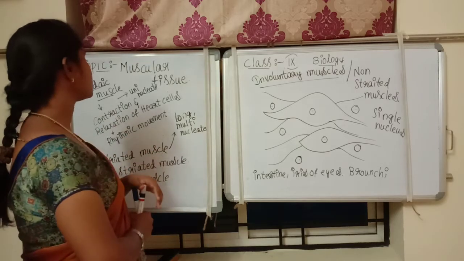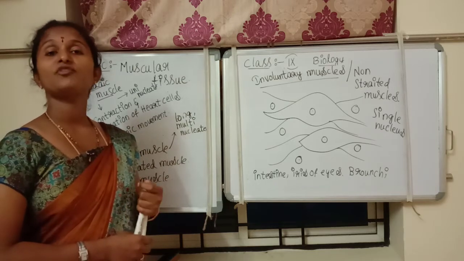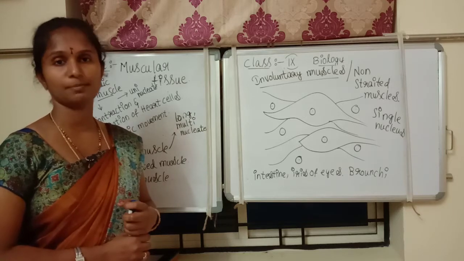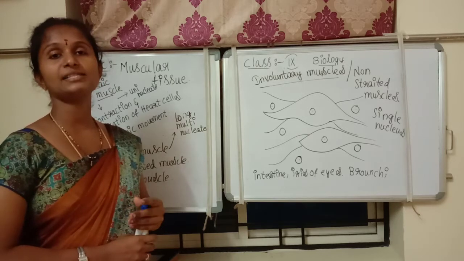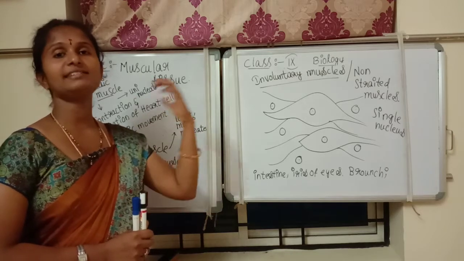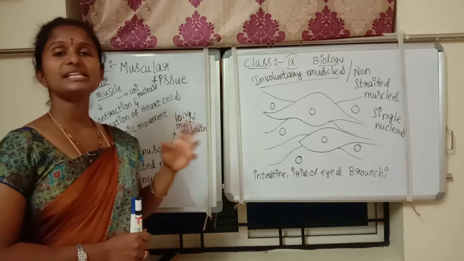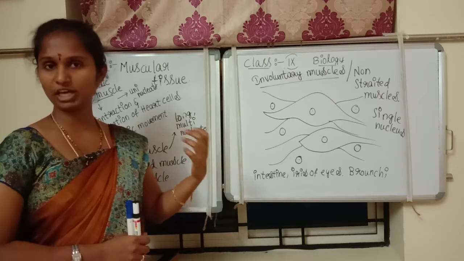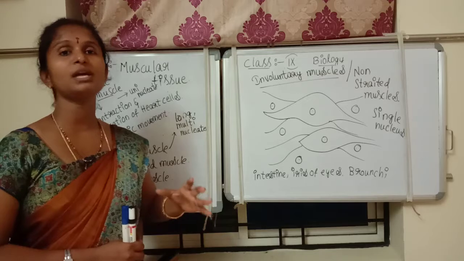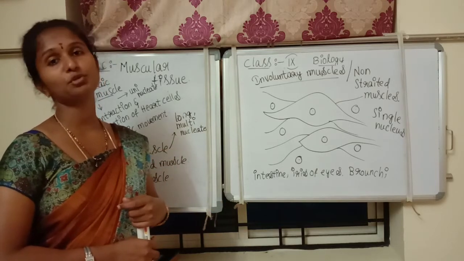First we will revise striated muscle. This striated muscle is long and elongated. When you observe it under the microscope, it has light and dark bands. Those light and dark bands are mixed up with muscle fibers. During contraction and relaxation, these muscles are elastic. If we want, we can move striated muscles; without our permission, they cannot be moved. And striated muscles are multinucleated.